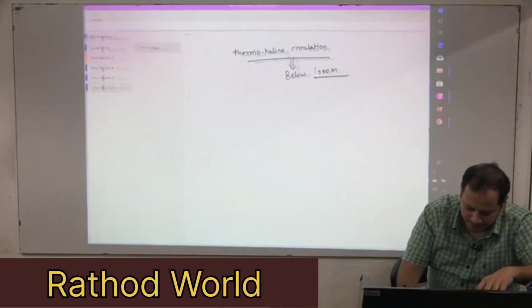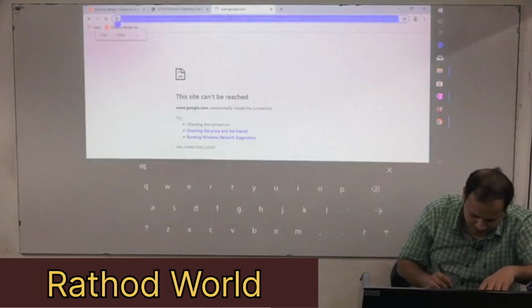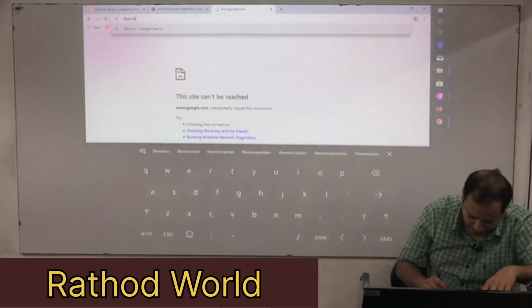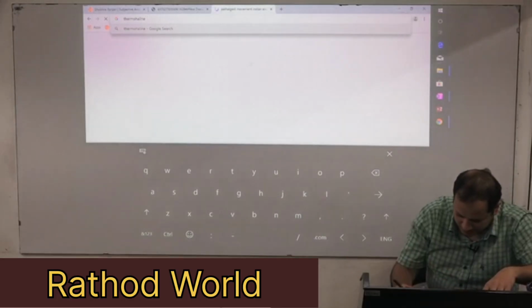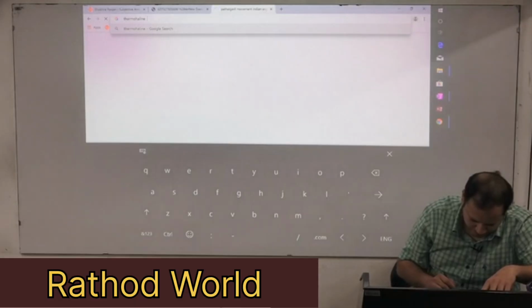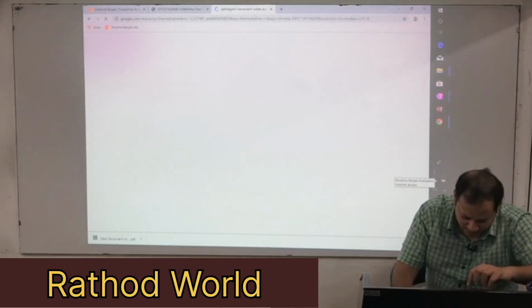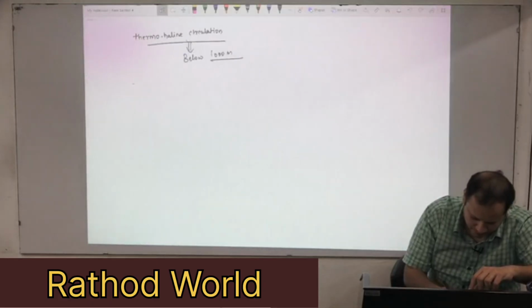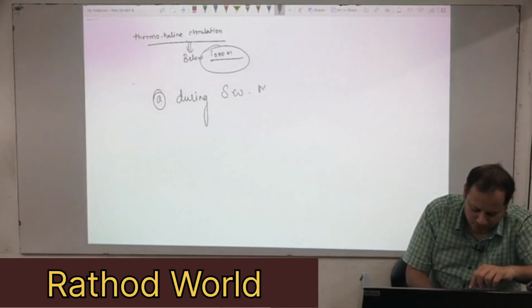Next, the relationship between winds and ocean current is best understood in the northern Indian Ocean because, subpoint, during the southwest monsoon season,